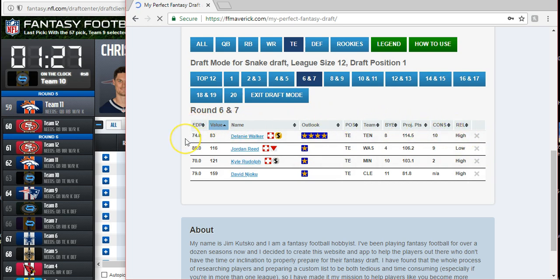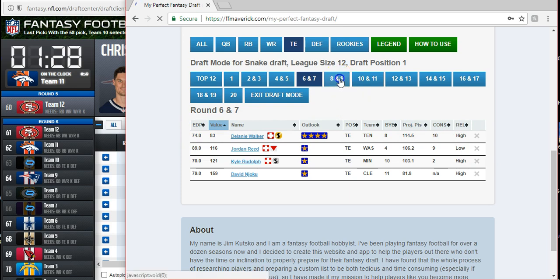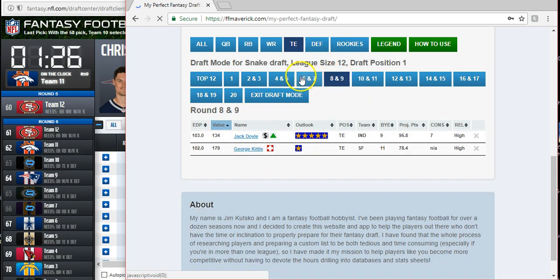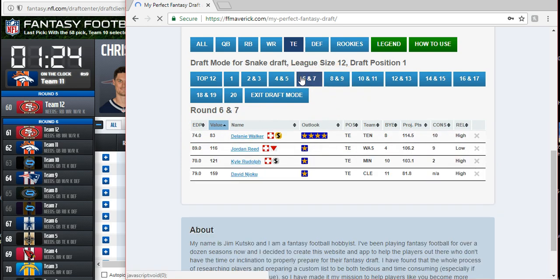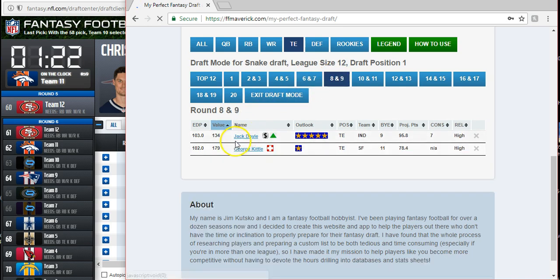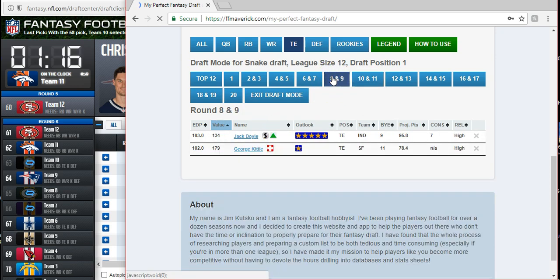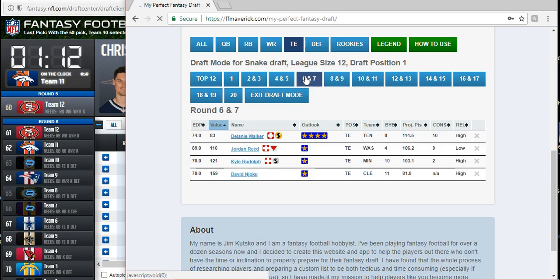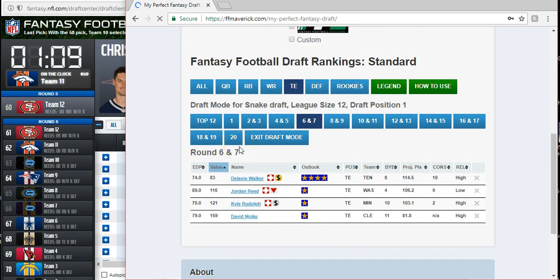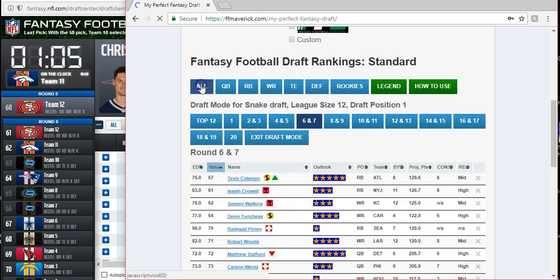Boy, this is a tough one. You know what? I think we can wait on tight ends because I think what we should do is either get Doyle, or Charles Clay would be a late round flyer. I think Doyle would be good. Maybe Trey Burton as a possibility, but I don't know. We'll see who's available, and then we'll go with a selection there. So, we do have some options here,